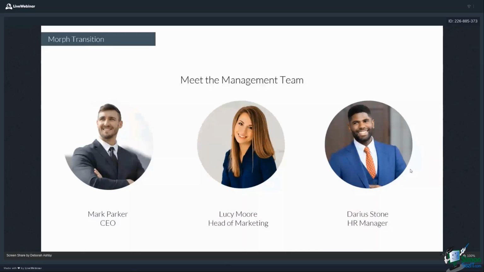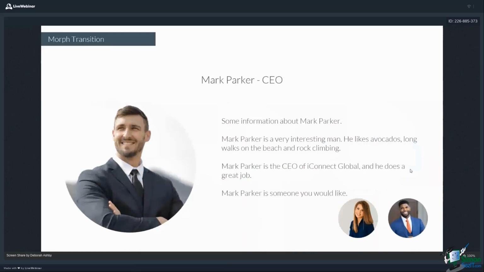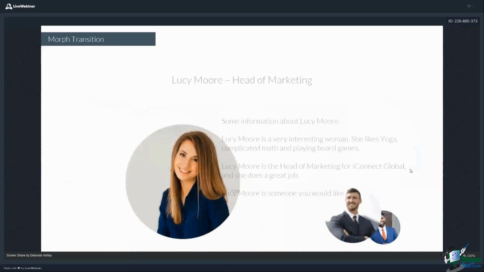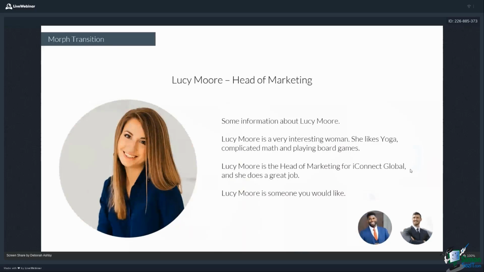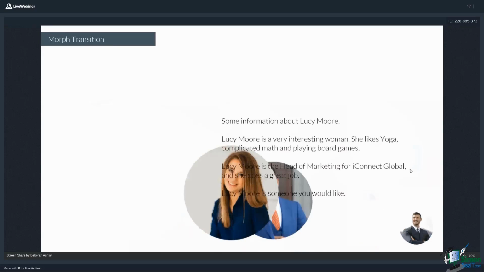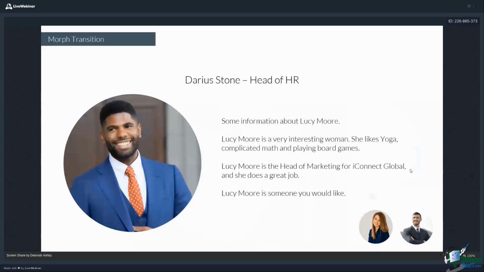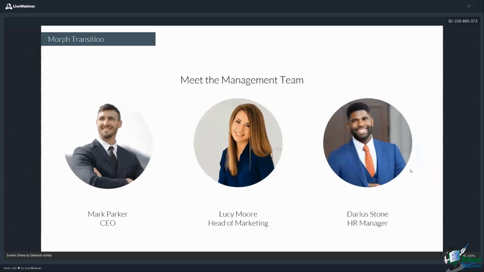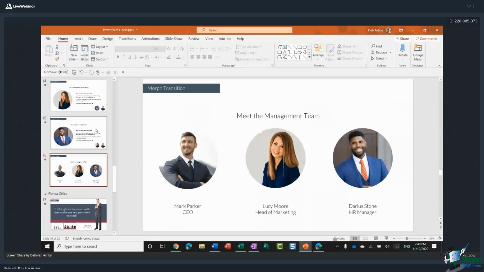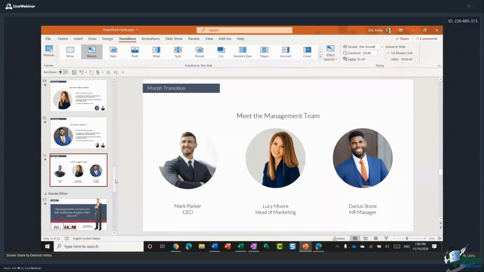It looks really brilliant. So if you can include morph in any of your presentations, I think it gives it a wow factor, and it's so simple. It's just a really nice transition. You just create your slides and then under transitions, apply morph, and it's like you've created a mini animation.